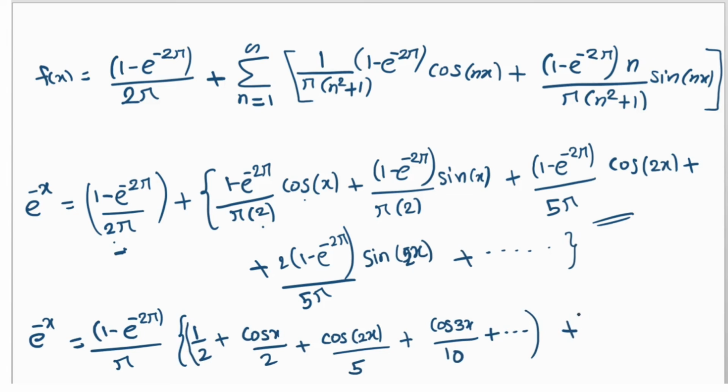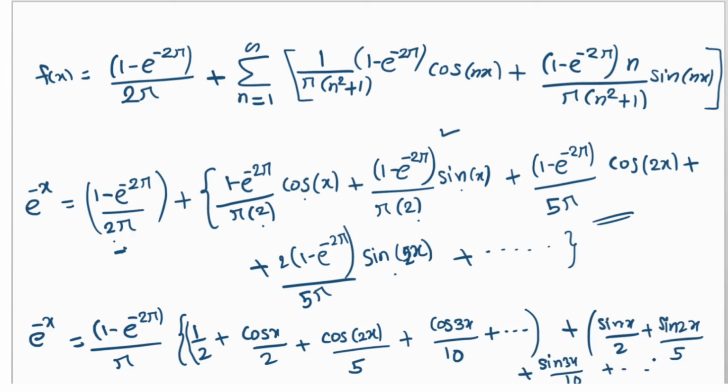So plus of sine term is here. From sine, this bracket and divided by pi we are taking common. So remaining is sine divided by 2, so it is sine x by 2. Next sine term is here, so it is sine 2x by 5. Next term becomes sine 3x by 10. In this way you will get the next term. So it is sine 3x by 10 and so on up to the infinity.